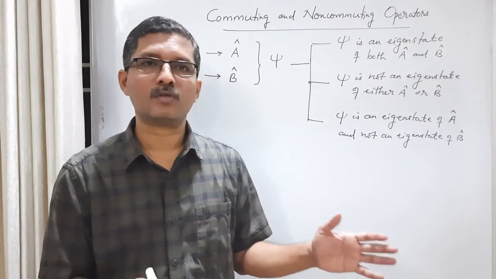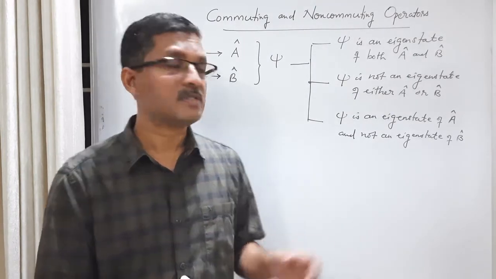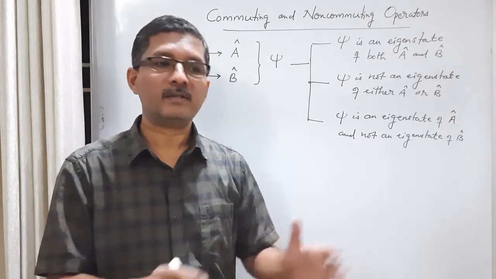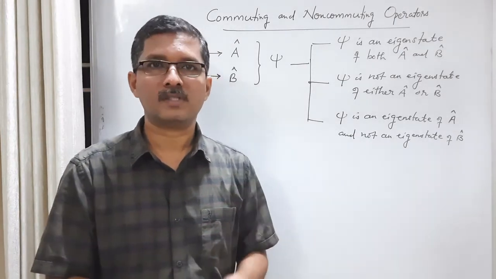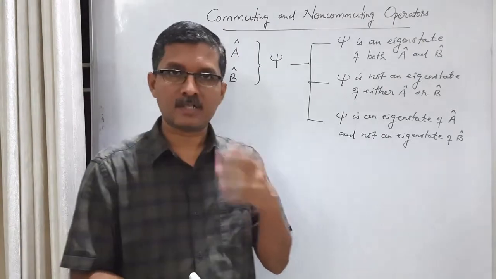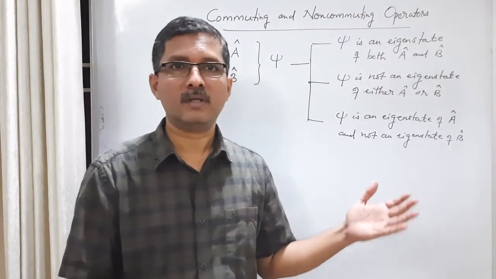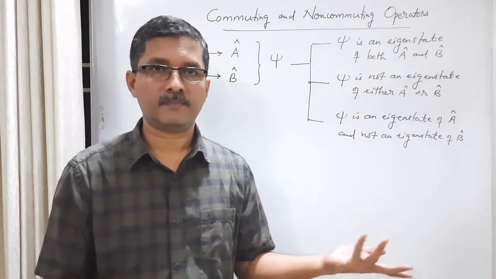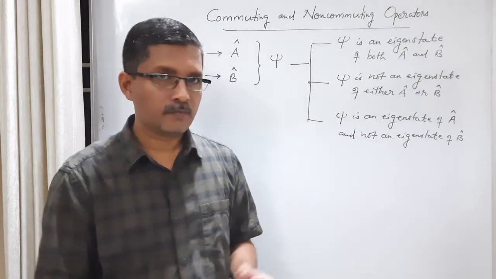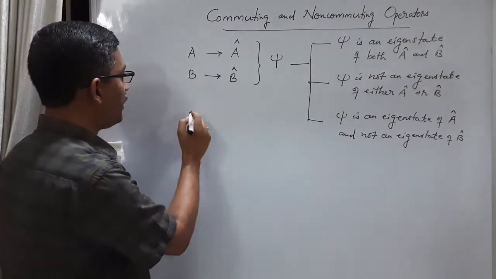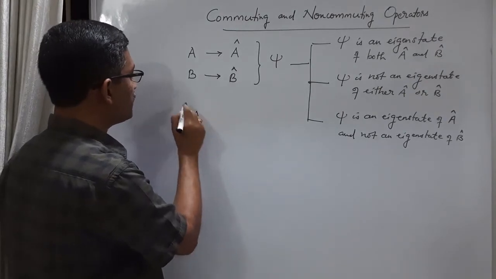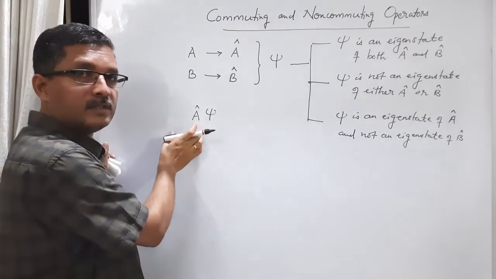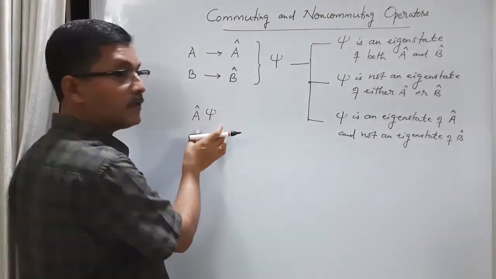20 copies of identically prepared systems in the same state psi, and in 10 of them we measure A, in the other 10 we measure B. That's the way to do it. We measure once in every member of the ensemble because we know that after the measurement the state may change. So first we measure A, let us say. When we measure A on the state psi, mathematically we can say the operator A is acting on the state wave function psi.